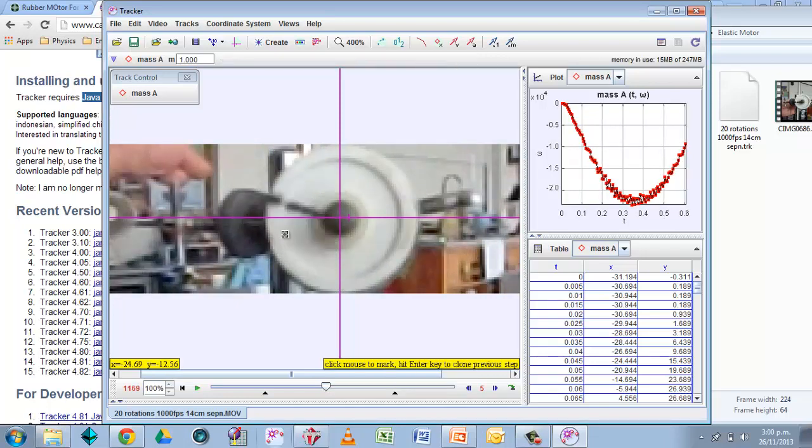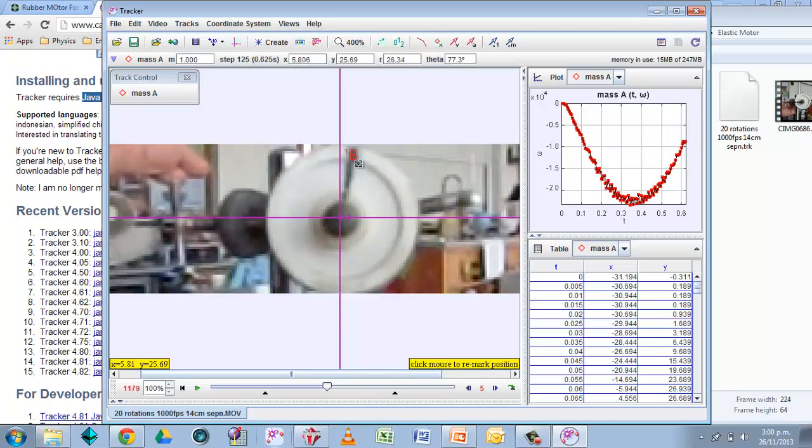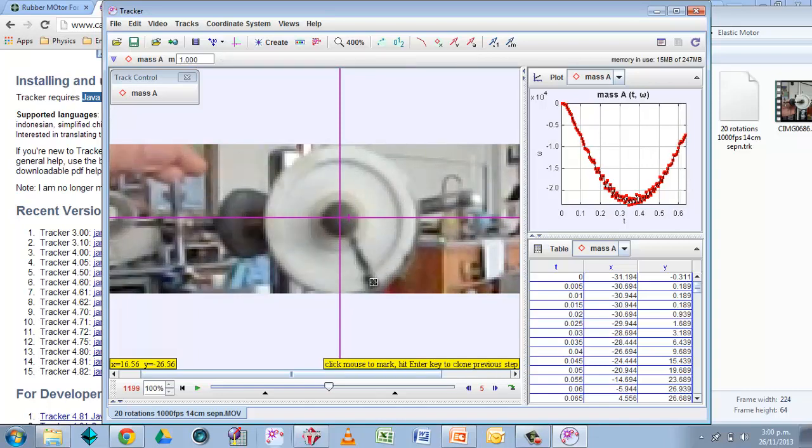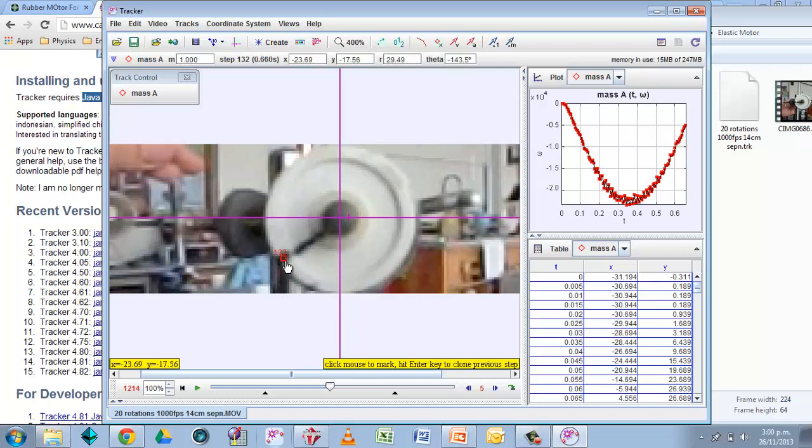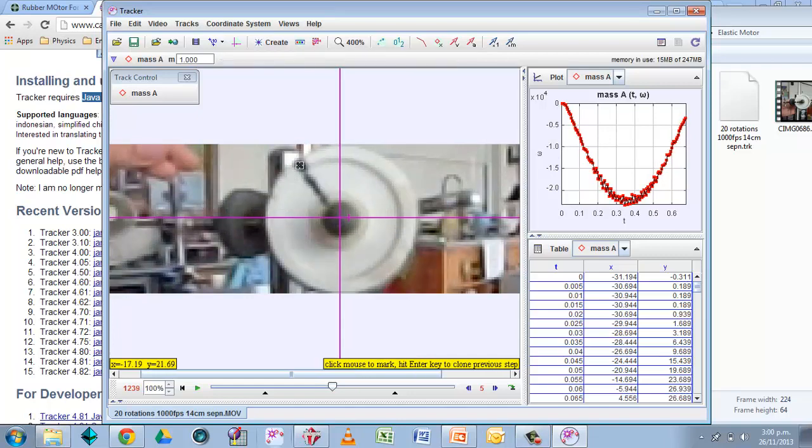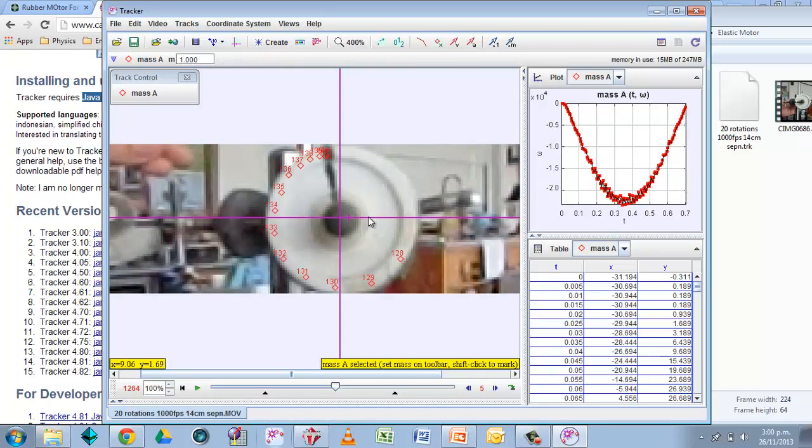The rubber band is almost completely untwisted. And now it's stopped. If I continue further, it'll start spinning the other way, which might be an interesting thing